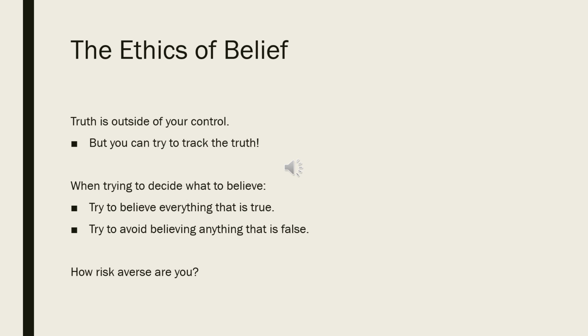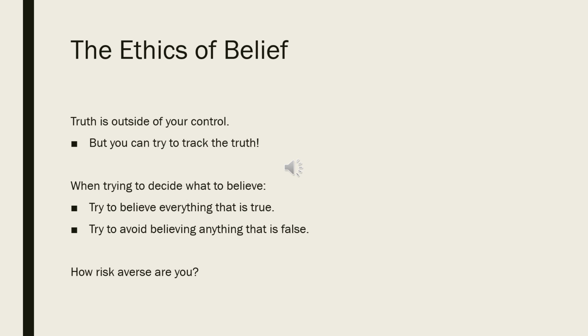This takes us back to what many call the ethics of belief, or how you should act with respect to believing things. If the truth is outside of your control, you can still try to track the truth given whatever it is that you have available to you, right? Your evidence. If your evidence is sufficiently connected to the truth, then great, you're on to the truth. If the evidence that you're getting is someone trying to fool you, then okay, you're not tracking the truth, but you at least followed your evidence as best you could, and it's not going to be your fault that your evidence led you astray.